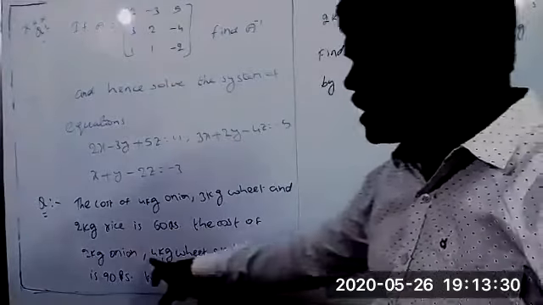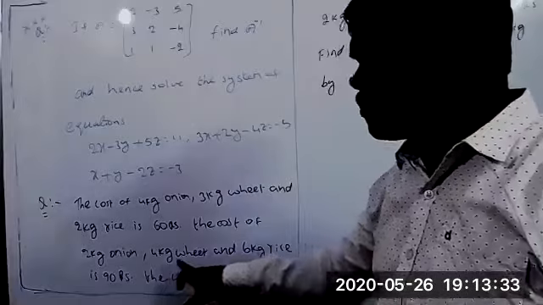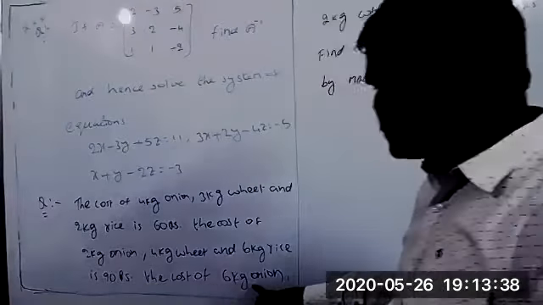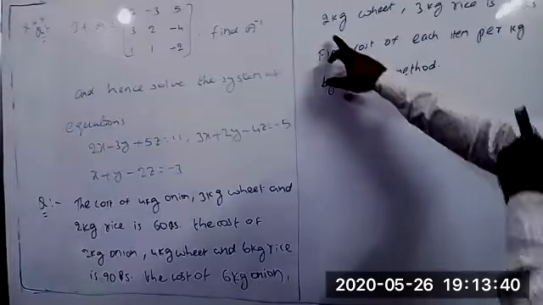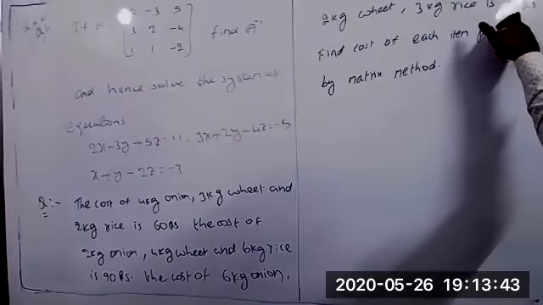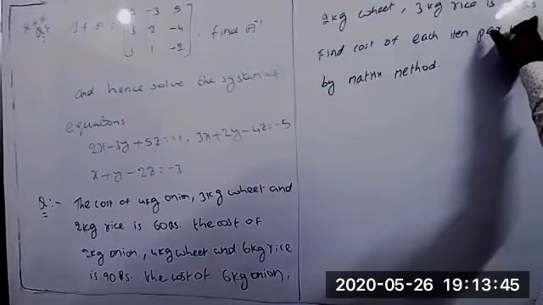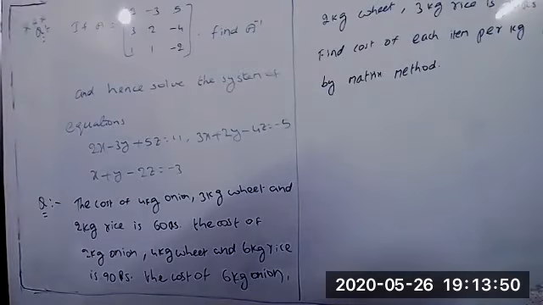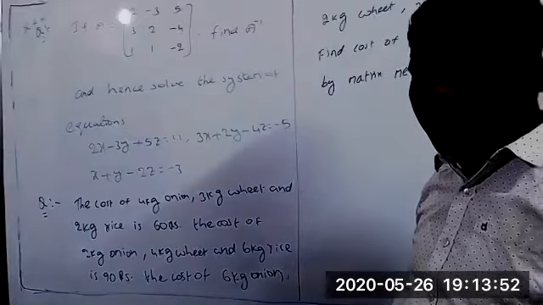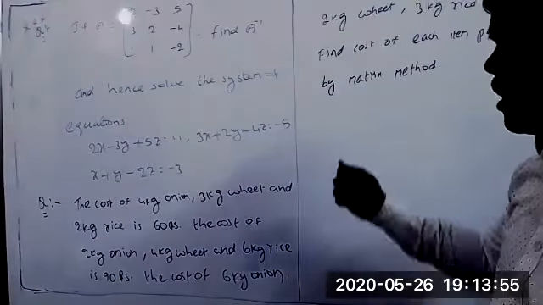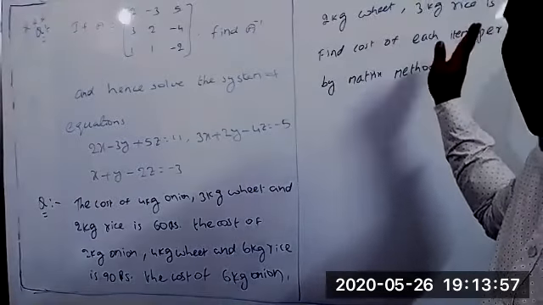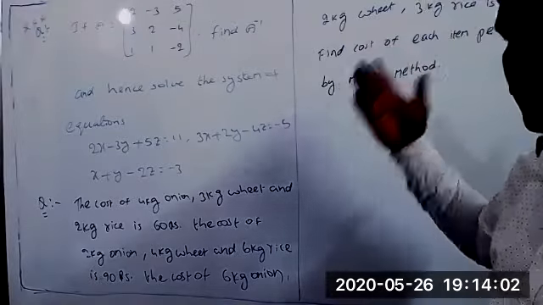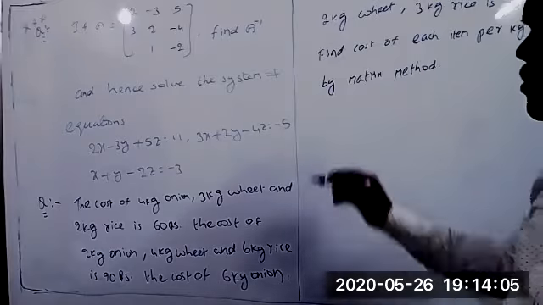In the same way, 2x plus 4y plus 6z equal to 90 rupees. This is the second equation. Next, 6x plus 2y plus 3z equal to 70 rupees. This is the third equation. Now we got three equations. You can follow the same procedure. We can find the values of x, y, z: x is the cost of onion per kg, y is the cost of wheat per kg, and z is the cost of rice per kg. So first you can write it as is here now.